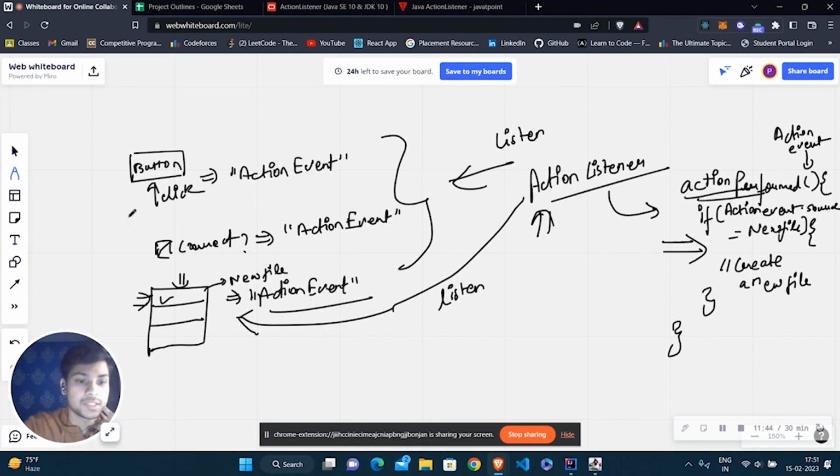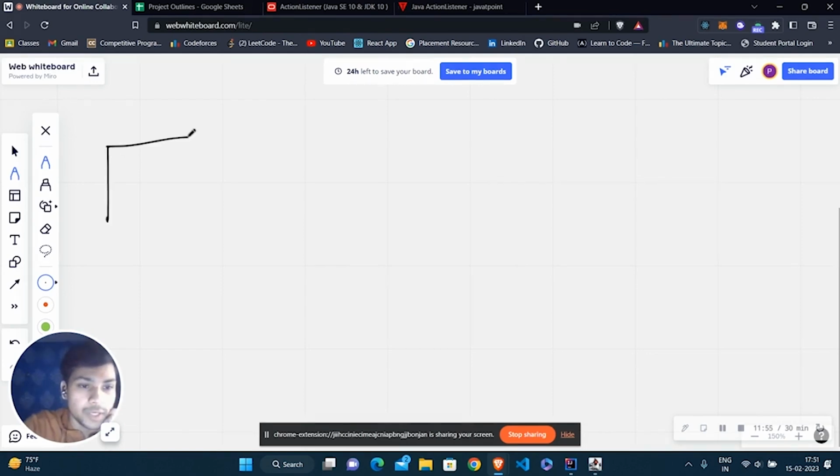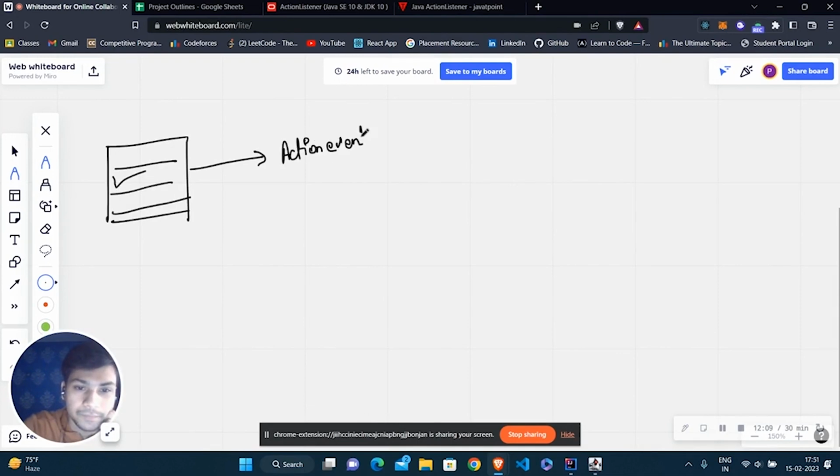Now let's see how it is going to work. There are particular menu items, and whenever we click on them, each generates an action event. This is clear, I guess.